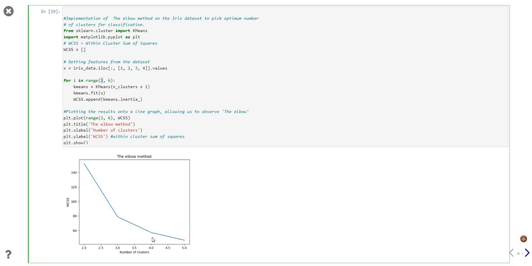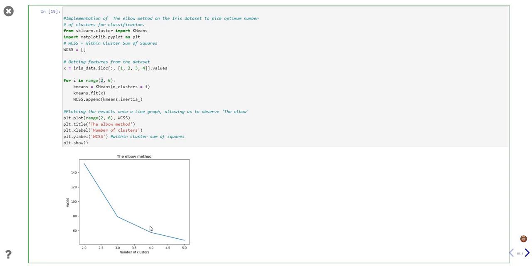Actually, you may also ask, this 4 also looks less steep compared to 3, but you'll be able to see it much more clearly if we plot from 1 cluster. But somehow this is not accepting that 1. I think when libraries update, they have such issues. But when you plot from 1, you'll be able to see that point number 3 is where it has the minimum,